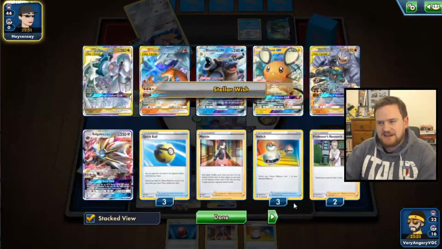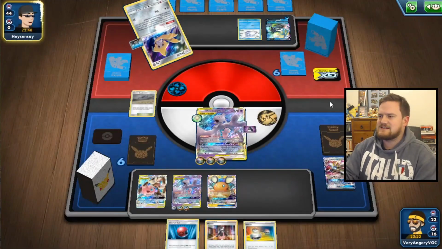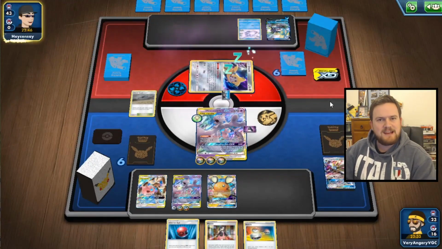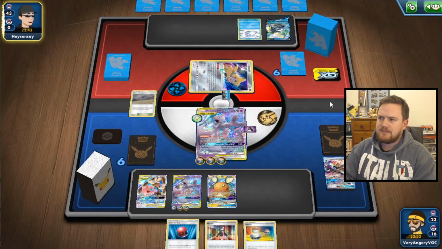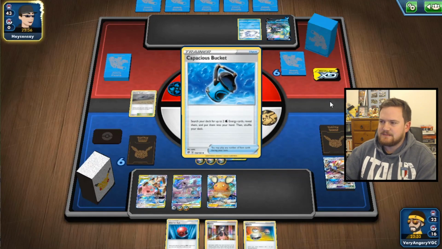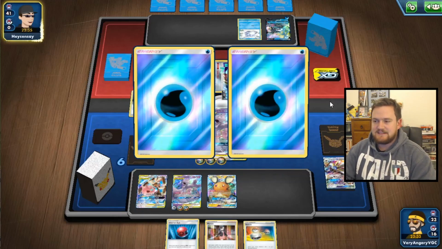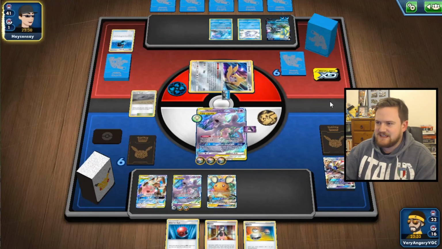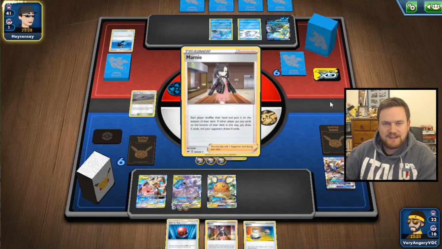Although I don't think that Inteleon V could realistically do anything next turn, especially if they can't find the V Max. So that's going to be the thing that we need to worry about. If the V Max goes missing for our opponent, then we are going to potentially have ourselves a chance. The bucket has come out, and that means that we're probably going to see a Snom evolving into...